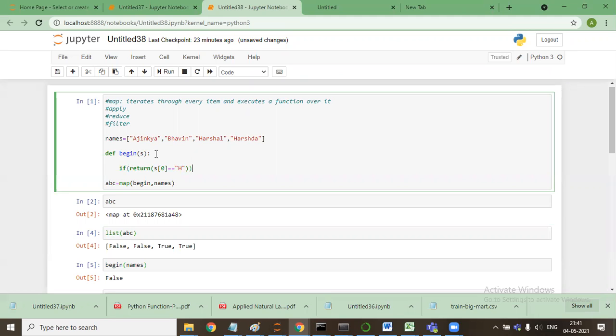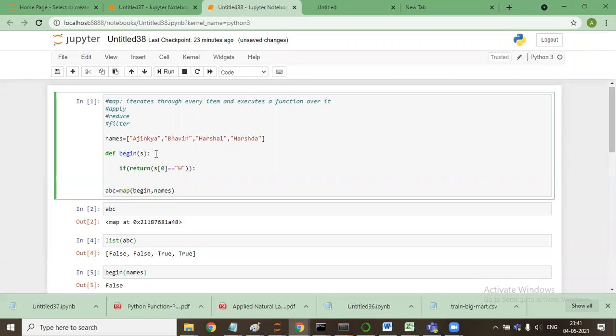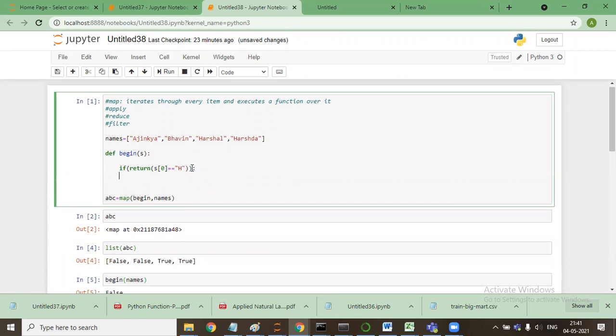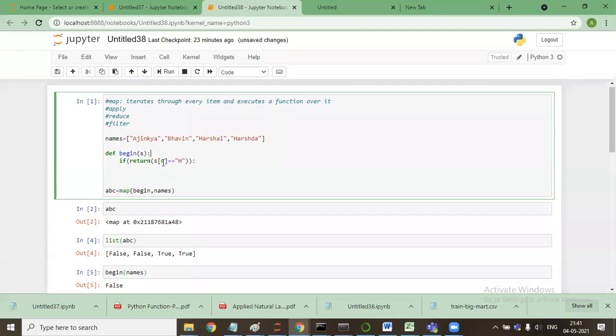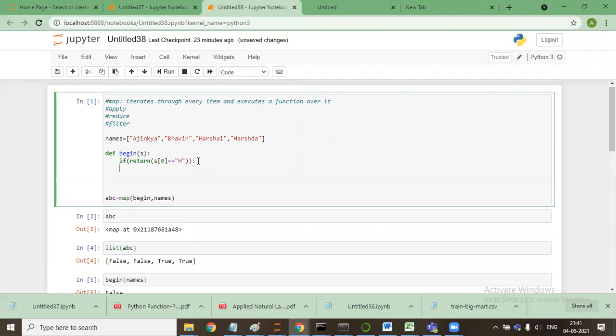So I think we have to write it something like this. I don't know what. Okay. If return s is equal to h, then you will say, I don't know why it is not coming. You can modify it. You'll say print s, something like this,